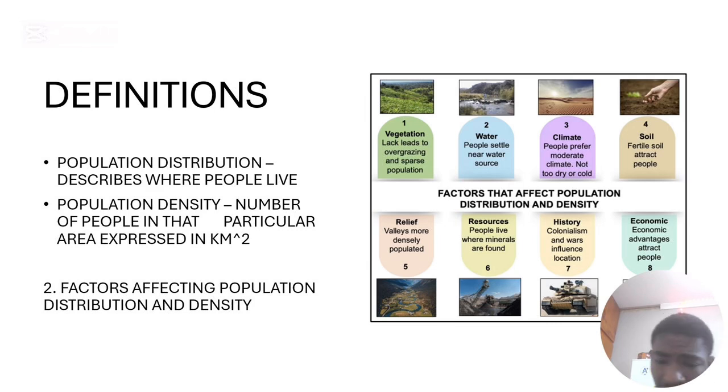Another thing you need to focus on is soil. Soil fertility. So if the soil is fertile, people would move to that area. Why? Because you can build upon it. And another thing you need to know is that when you have fertile soil, you can plant there. You can grow your vegetation there. When I speak about vegetation, I speak about your crops, different types of crops. Then you focus on history. You can just talk about history. Let me say in a particular era there was a history, maybe there was a war, and now the war is over, and you assumingly say that there won't be war anymore.